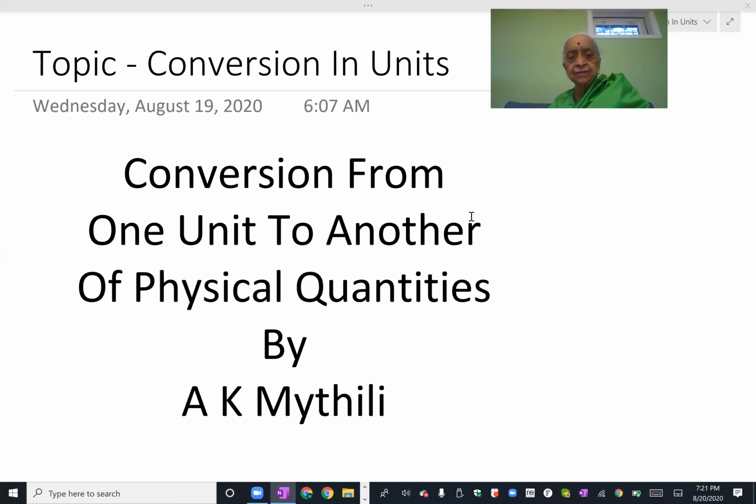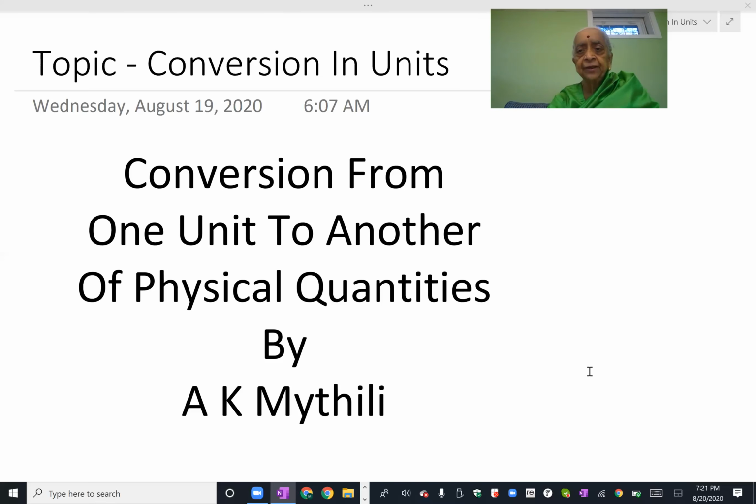Now, our aim in this particular unit is to convert from one unit to another of the physical quantities that you may encounter both in real life and both will be included in your syllabus contents. After all, the syllabus contents is only to understand your daily life situations better. It is not a test for memory. It is a test to see how far you are adaptable and how far you are aware with the measurements that are actually existing in the world around us.